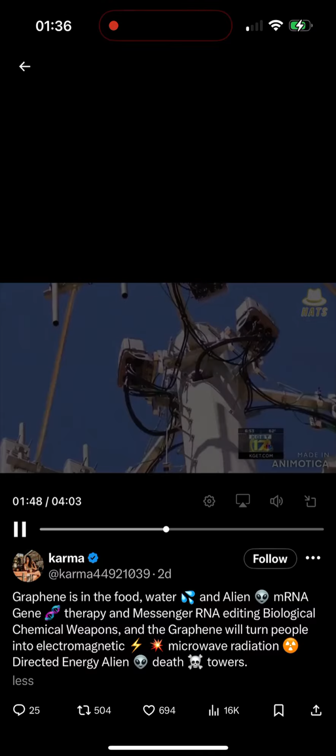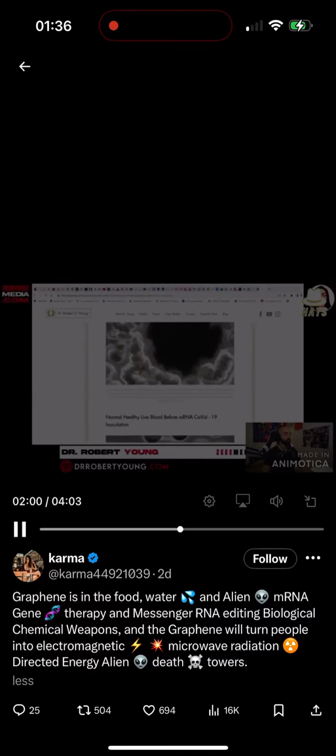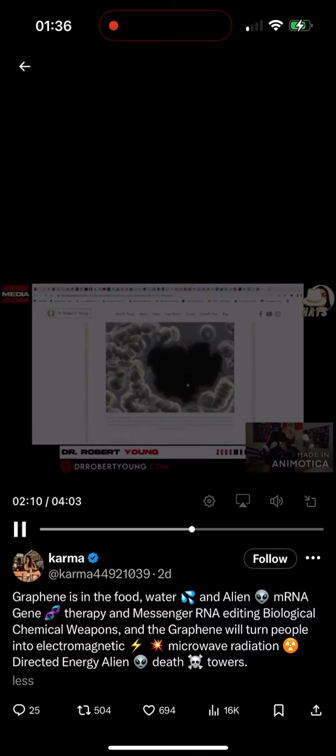So red blood cells should be swimming in their own fluid. That's called vascular fluid. And the red blood cells should be even in color, even in shape, even in size. Right. You see how nice these red blood cells look? Yes. Now look what happens when they're exposed to graphene oxide and radiation. This is a reduced graphene oxide cluster. I call it a cluster bomb. And look what the blood is doing around it. It's clotting. That's what this does.